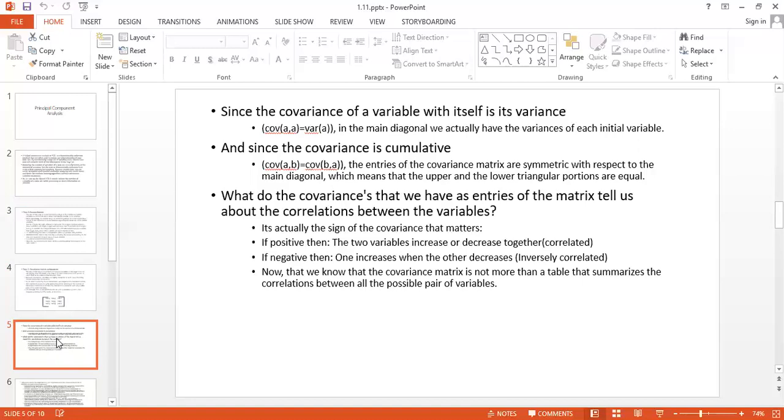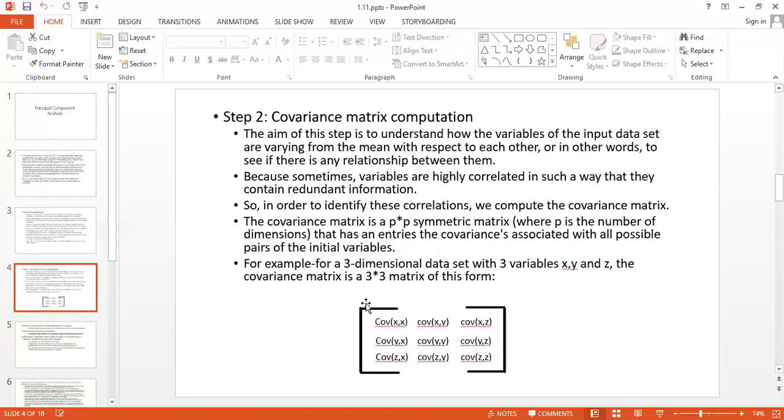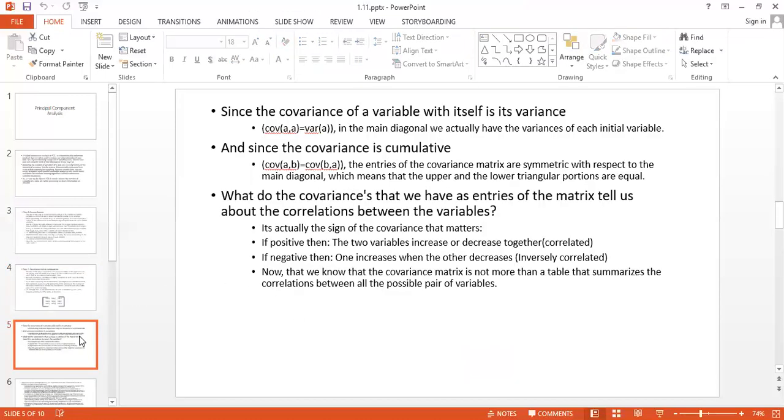So covariance of x with x will be the variance of x only. In the main diagonal, we actually have the variances of each initial variable. Means in the diagonal you can check here: xx, yy, and zz. Covariance of xx means the value of x only. Covariance of y means the value of y only. Covariance of z means the value of z only.